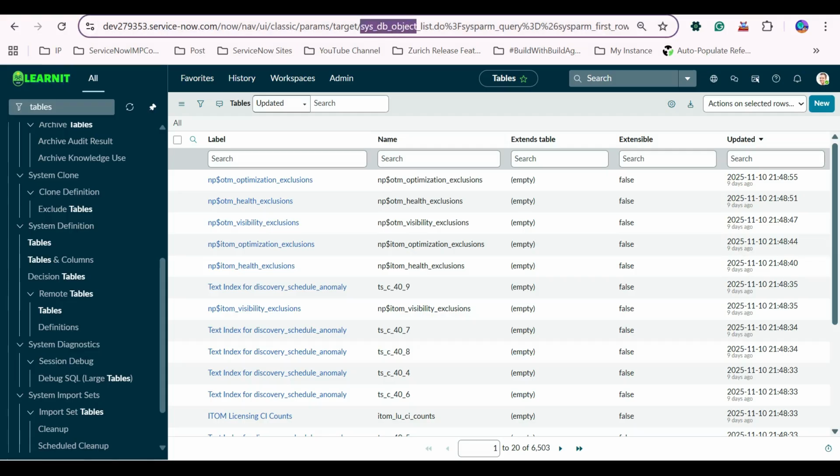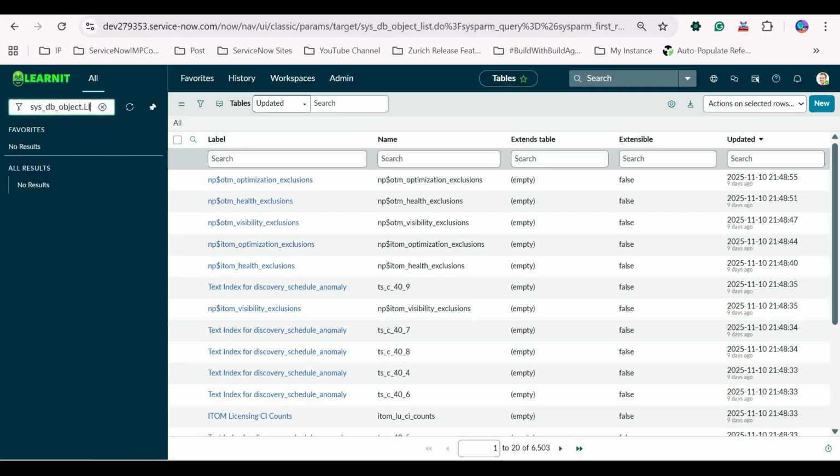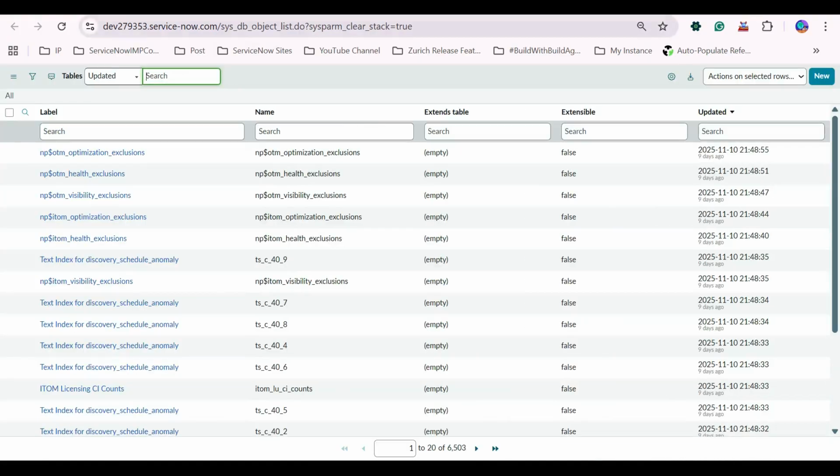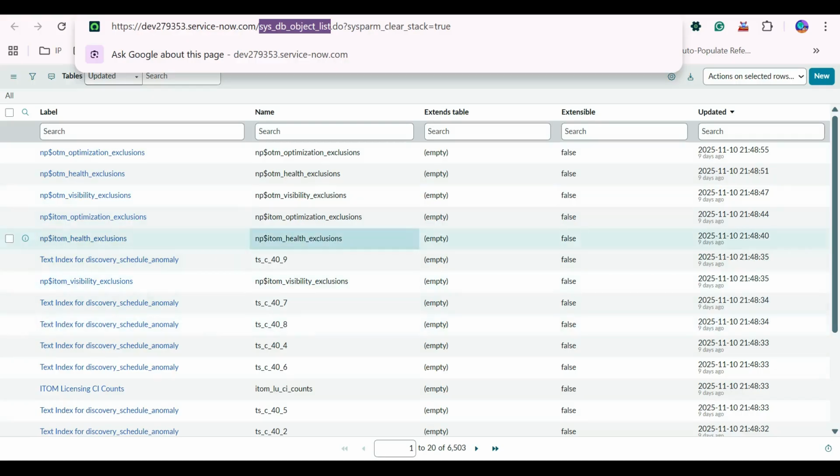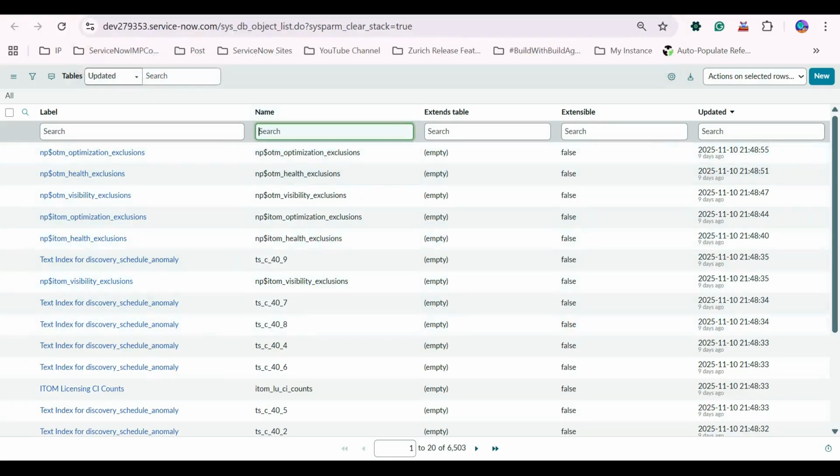So this is the sys_db_object table where all the system tables or the custom tables, whatever tables are there, we have created under this particular object. But that is also a table only. They have added everything at one place, and this sys_db_object we are utilizing so that everything will be shown in a particular